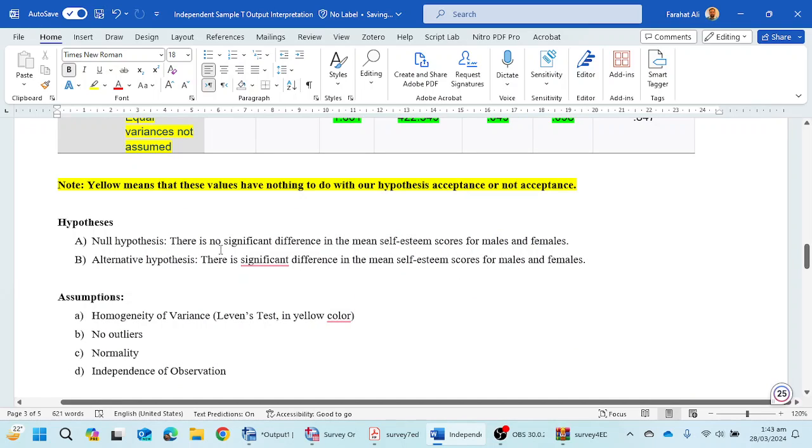The null hypothesis is there is no significant difference in the mean self-esteem scores for males and females. There is no need to mention this null hypothesis in your research paper or dissertation thesis. The alternative hypothesis will be there is a significant difference in the mean self-esteem score for males and females. You can exclude the word significant if you want to, and you can mention this alternative hypothesis in your thesis or